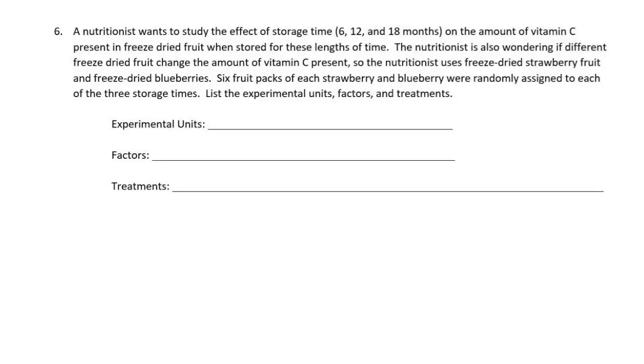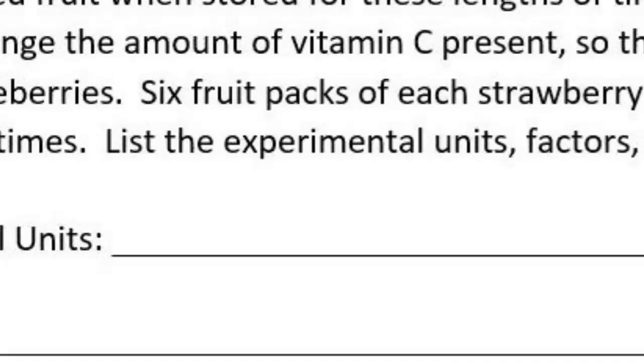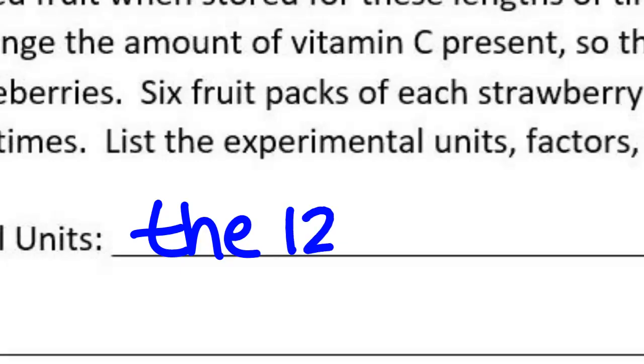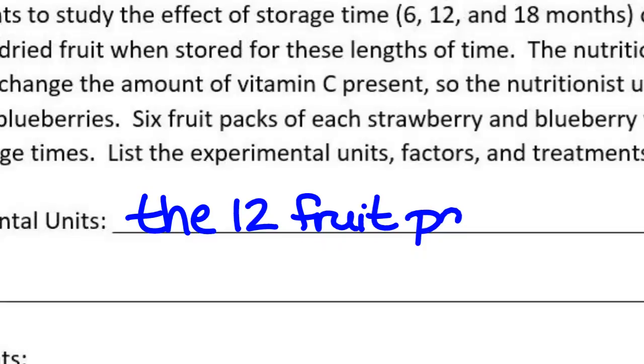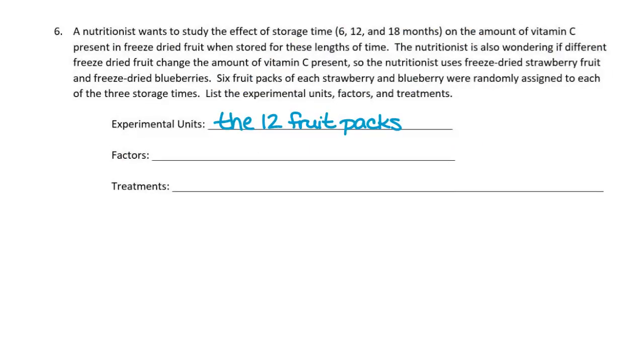What are the experimental units? What are the things that are being assigned to treatments? The fruit. Specifically, it's the 12 fruit packs. The 12 fruit packs are the experimental units because those are the things that will be randomly